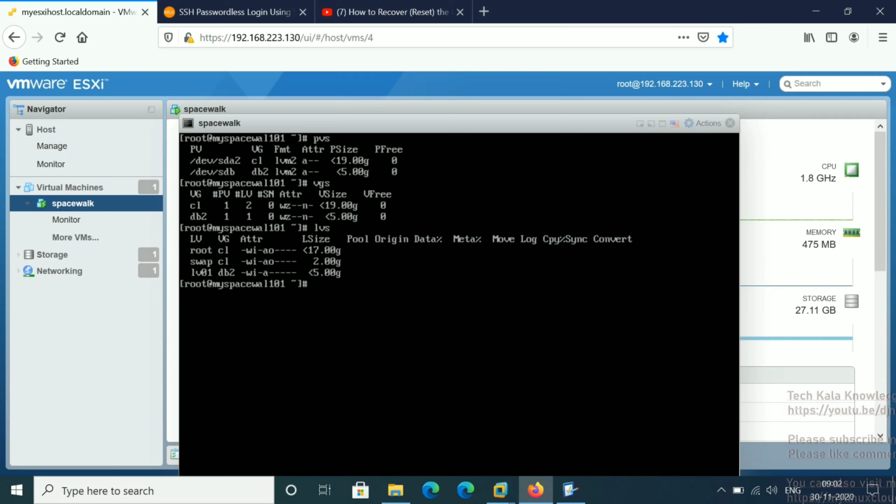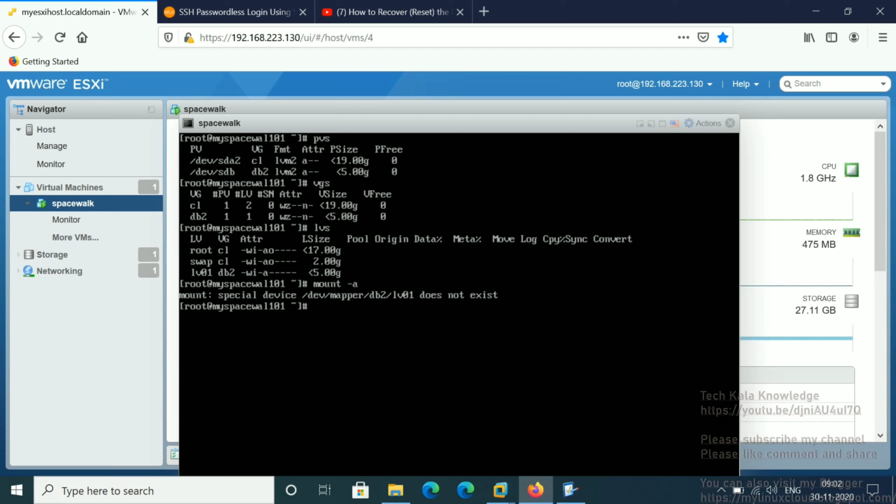Let me try to run the mount command, mount -a. When you run mount -a, whatever entry is inside the fstab, the system tries to mount it. When I hit enter, I get an error like /dev/mapper db2 lv01 does not exist.